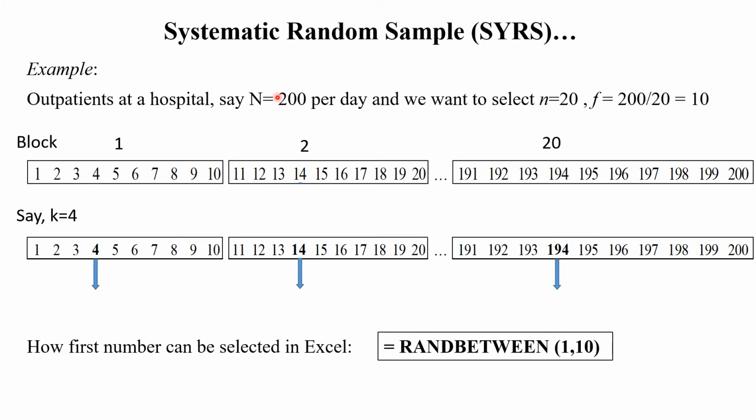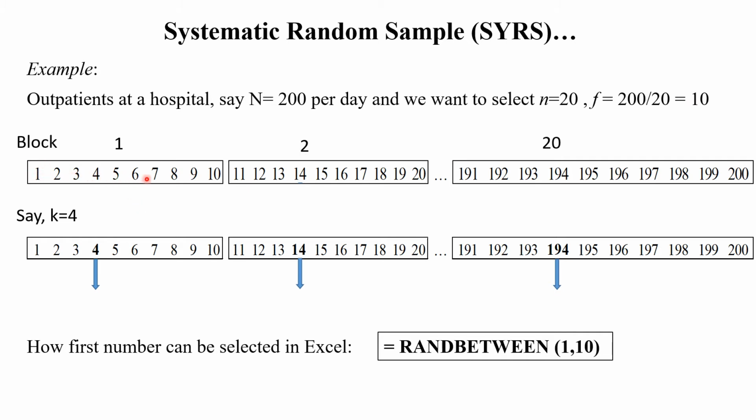From the 200 daily visits, you want to select 20. That's a sample. So what's the sampling fraction? 200 divided by 20, that's 10. Sampling fraction is 10. Therefore, the entire population will be divided into 20 blocks, and within each block, there will